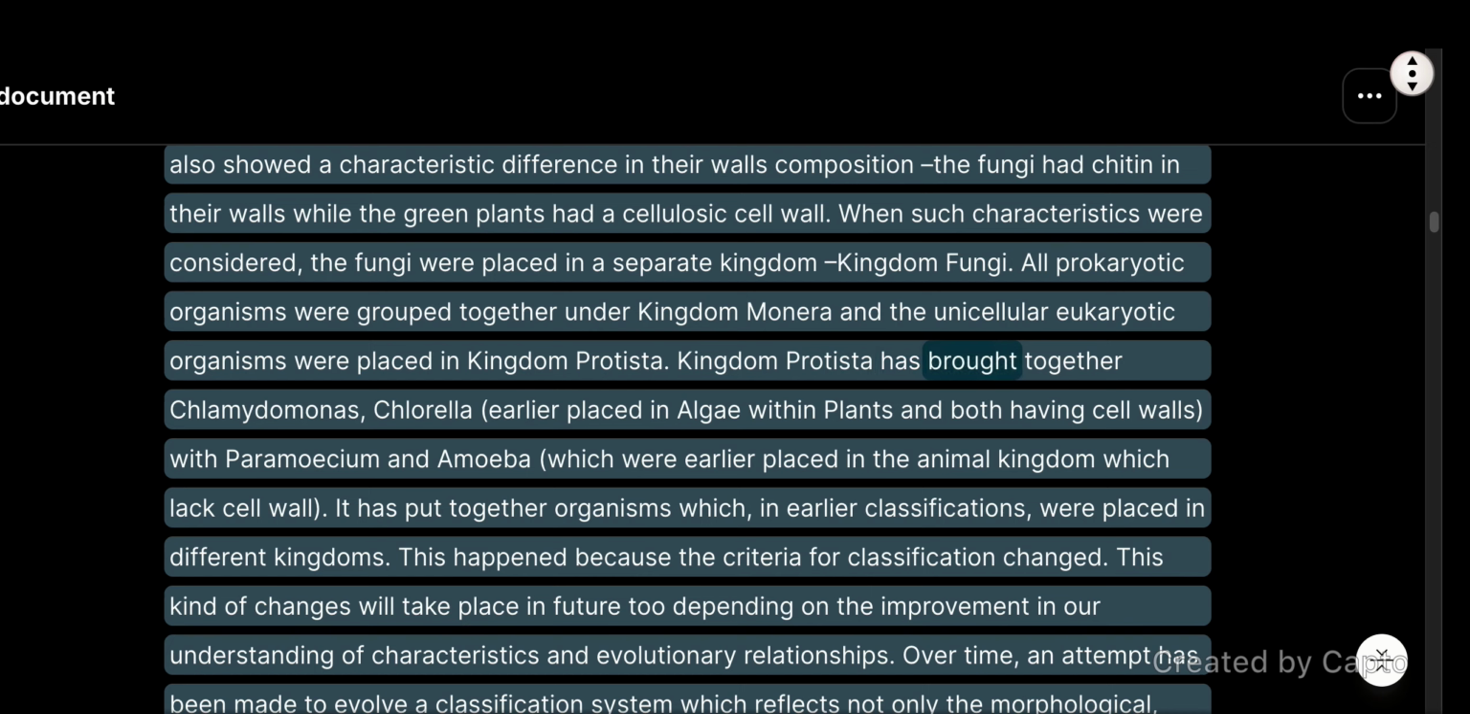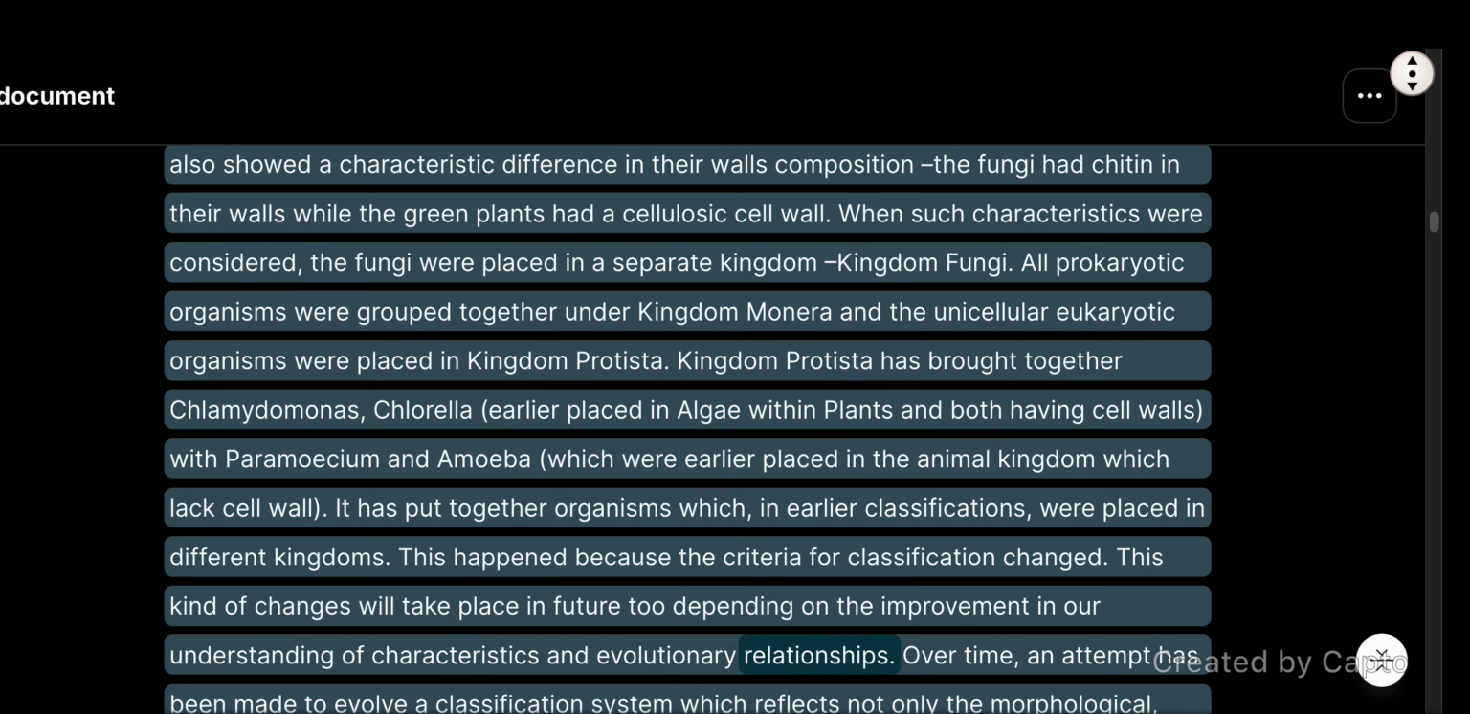Kingdom Protista has brought together Chlamydomonas and Chlorella, earlier placed in algae within plants, and both having cell walls, with Paramecium and Amoeba, which were earlier placed in the animal kingdom, which lacks cell wall. It has put together organisms which in earlier classifications were placed in different kingdoms. This happened because the criteria for classification changed. This kind of change will take place in future too, depending on the improvement in our understanding of characteristics and